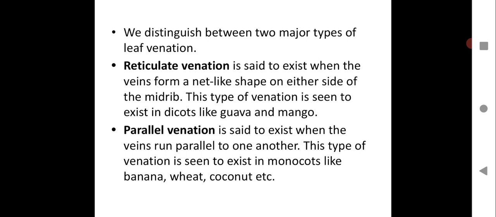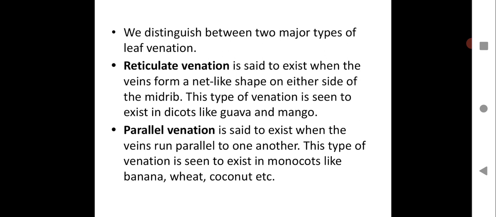You can open them. Like guava and mango seeds, when you open it, it breaks into two parts. That's why they are called dicots. So guava and mango will show reticulate venation, where it will have veins in a network shape, in a net-like shape.